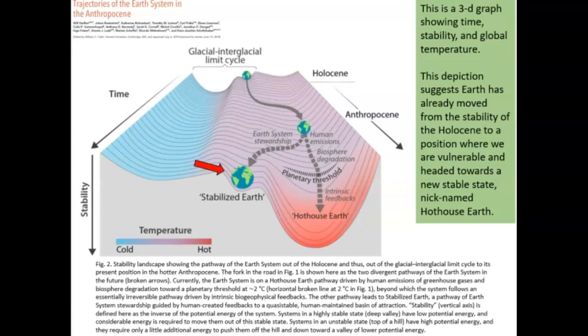What climate scientists and others are recommending is that we quickly and dramatically reduce greenhouse gas emissions and steer Earth's climate back to the stabilized Earth climate of the Holocene. That's represented by Earth that is closest to us on the graph. All this illustrates why many scientists and others, myself included, are very concerned about climate change. A lot is at stake, and what happens in the next decade will determine the living conditions for humanity for centuries to come.